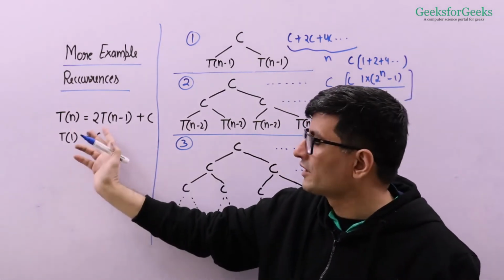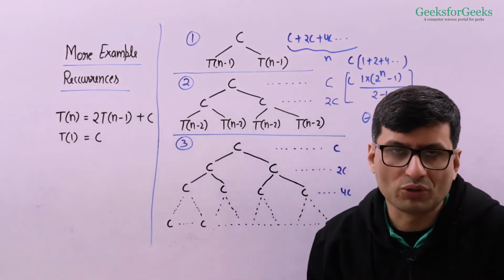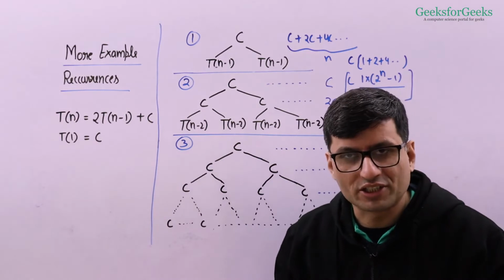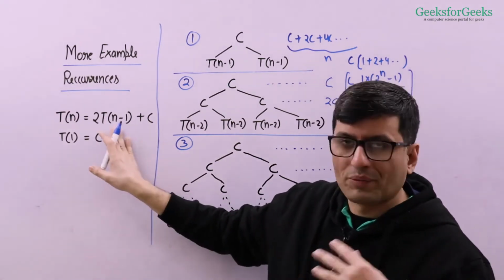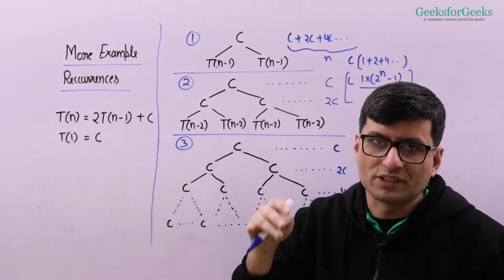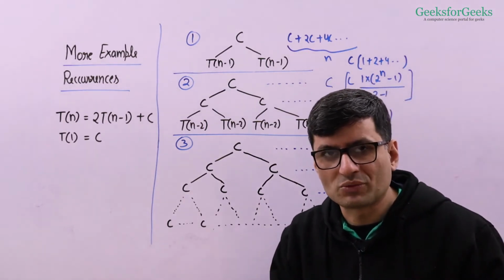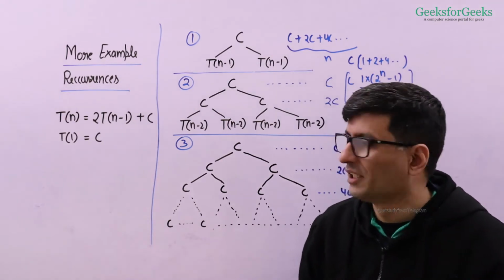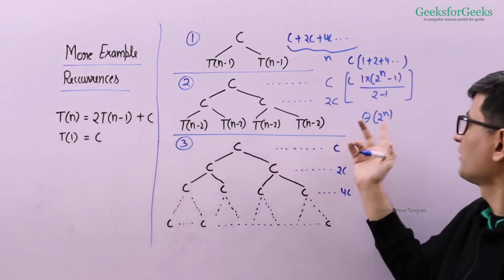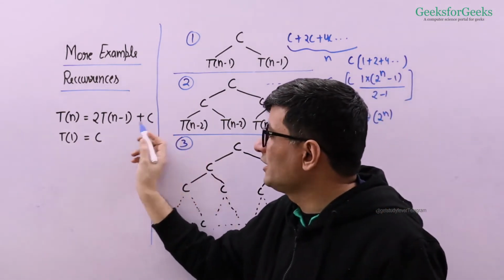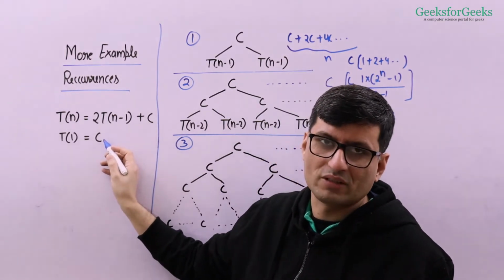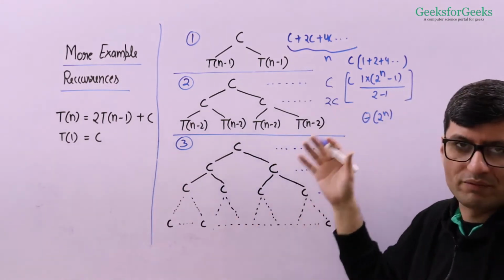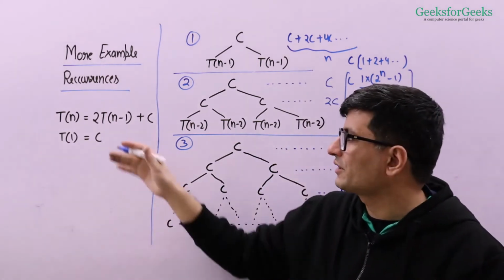And this recurrence you find in the Tower of Hanoi problem. In the Tower of Hanoi problem that we have discussed in the recursion video, we first recursively call for n minus 1, then we recursively call again for n minus 1, and we do constant extra work. So that's the expression we get, and we get this value. And again, these C would be different in an actual scenario. They would be C1 and C2, but you will get the same value as the value of this recurrence.